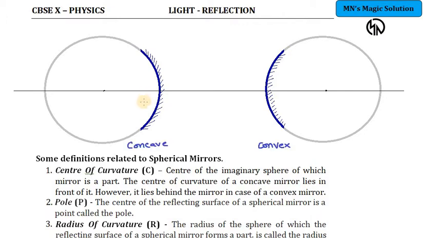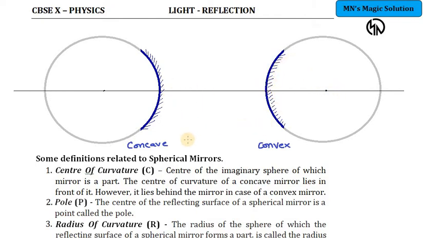Throughout this topic, நம்மளோட assumption என்னன்னா always the object is taken towards the left of the mirror. So, எது reflecting surface that should face towards the left. அப்பதானே அதை reflect பண்ண முடியும். So, reflecting surface is always facing towards the left and the polished or silvered surface is facing towards the right. இதில பாருங்க convexலையும் reflecting surface is facing towards the left and the silvered surface is facing towards the right.